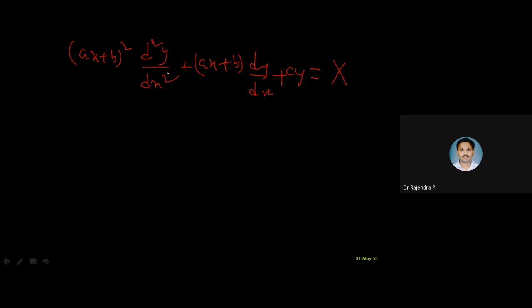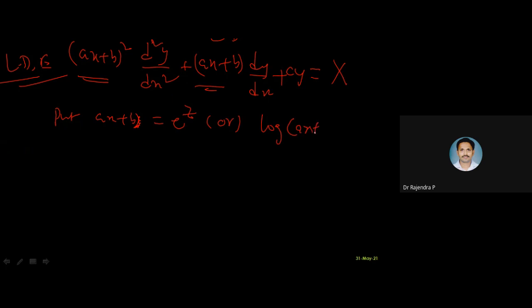So what I'm telling you is very clear. When you have these forms, it is Legendre's differential equation form. Of course, it's second order. So when we see this type of differential equation, immediately and blindly you have to start with ax plus b equal to e power z, or e power t, anything. You have to take this as a substitution in your problem. The same thing you can write as logarithm of ax plus b is equal to z. Both have the same meaning. Because this depends on x, we have to substitute either in log form or e power z form.